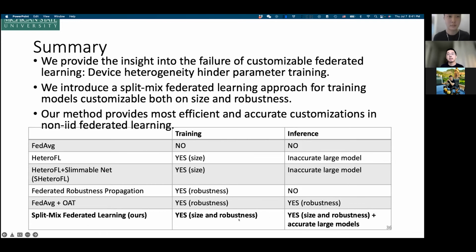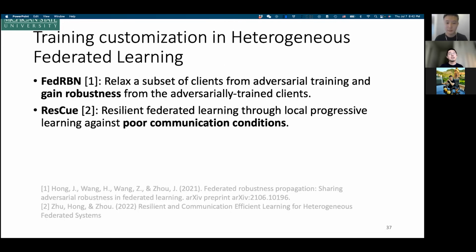We also summarize a table that shows, even compared to several naive baselines, that means applying traditional ideas into federated learning, our method can not only customize the training in terms of size and robustness, but also customize the inference at test time. And most importantly, it provides very accurate and large models that make this customization very effective. Beyond this work,